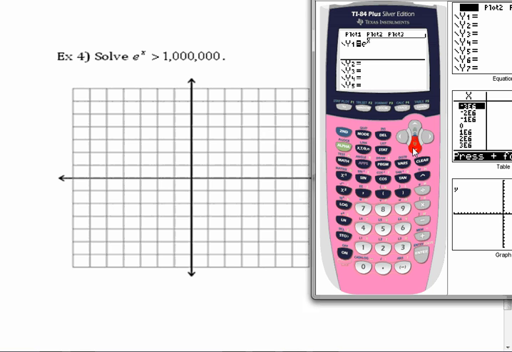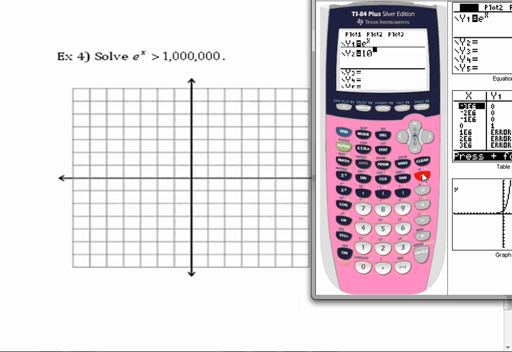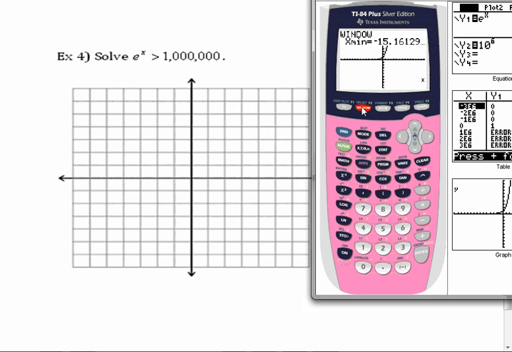What is that? 10 to the what? Okay, girls, we'll get done faster. 10 to the what? No, it's a million. It's 6. Okay, here's the problem. I see nothing. When you look at your window, remember e to the x is positive. Well, I see a little graph. I see my e to the x function, but I don't see the answer to that. And I don't know what my x's are, but